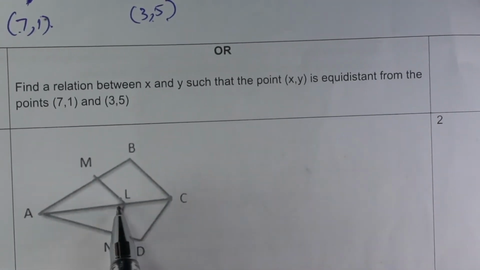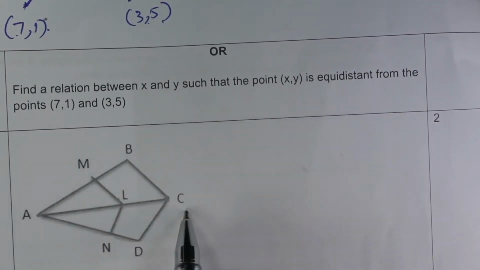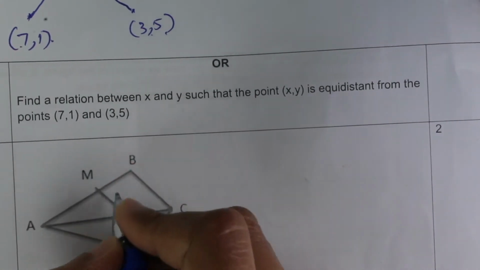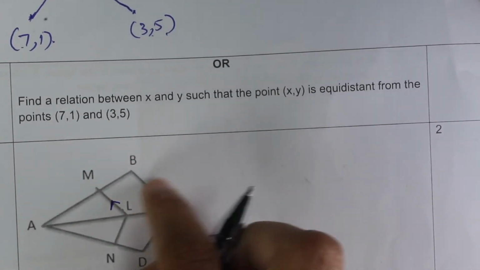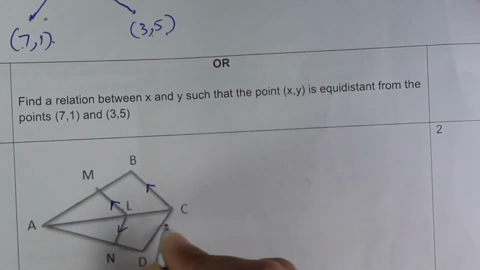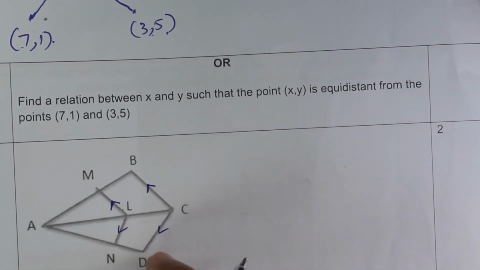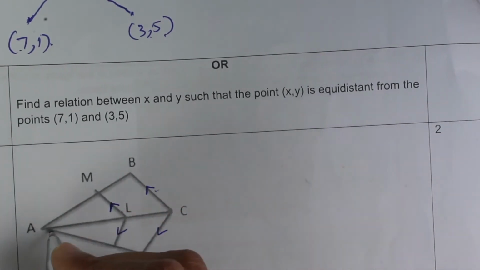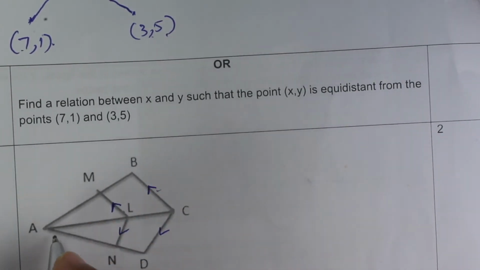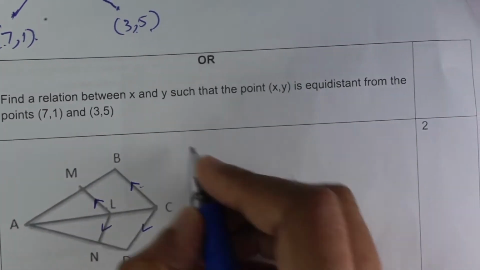So what does it say? If a line is drawn parallel to the third side in a triangle, that is these two lines are parallel, and these two lines are parallel, then this line divides the other two sides in the same ratio. That is, in the triangle ABC,